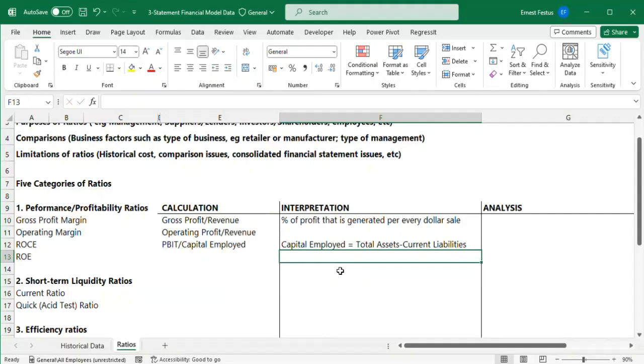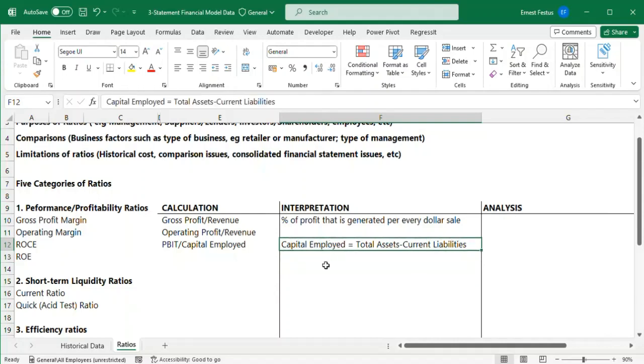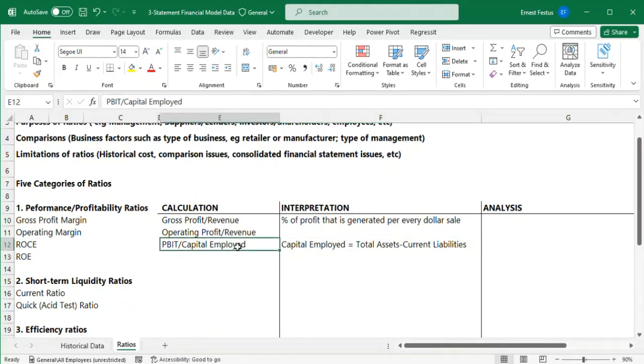Now, there are other ways of finding your capital employed. You can just have your share capital, you add reserves, and then you add long-term debt or liabilities. So you have your share capital plus reserves plus your long-term debt, and that will give you your capital employed. Or simply put, capital employed is total assets minus current liabilities, and that will give you your capital employed. So return on capital employed, as the name goes, we are talking about the